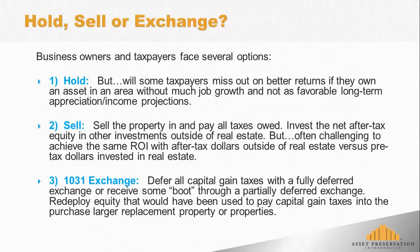A buy and hold strategy with real estate is a very common approach. So somebody buys and holds for long-term investment. However, one thing I just want to point out is that some taxpayers, if they're in a part of the marketplace where there's not a lot of economic growth, not a lot of job creation, not a lot of appreciation or increasing rents, there might be a significant opportunity cost to hold long-term because they may have the potential to